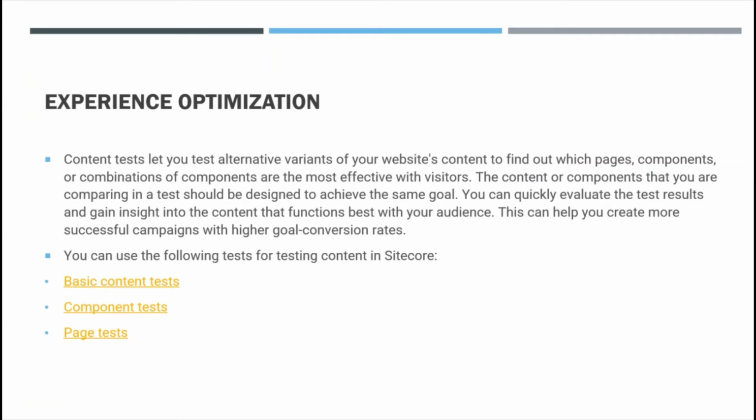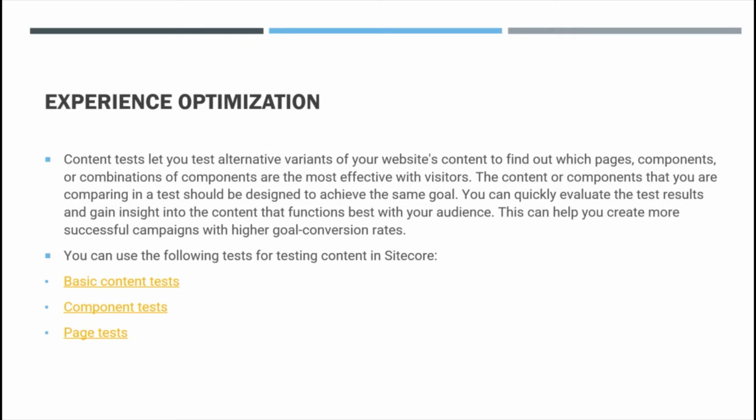Experience optimization helps us do A/B content testing. We can do component tests, page tests, and content tests as well. The main advantage is that you can decide which version of the page, or if you have two different components, which version of the component, is most liked by the visitors.